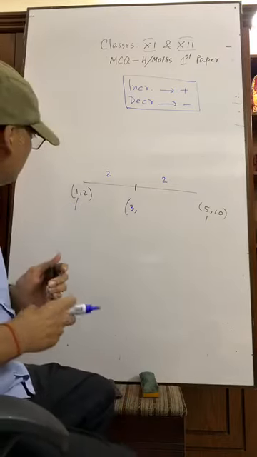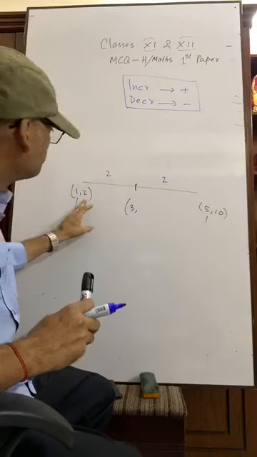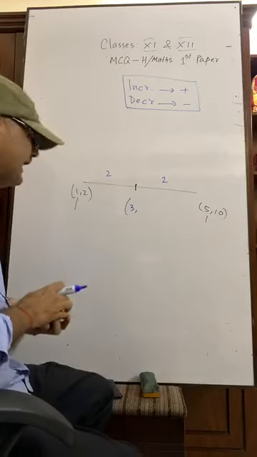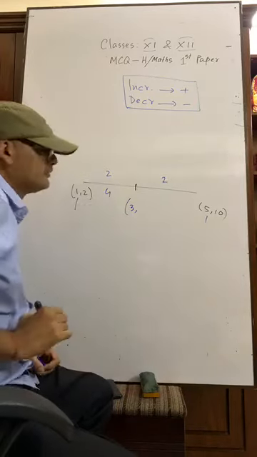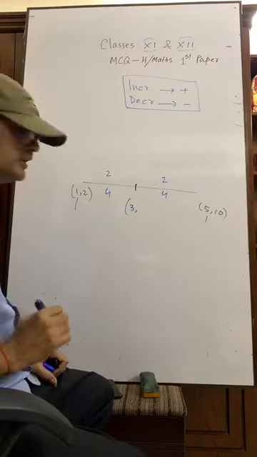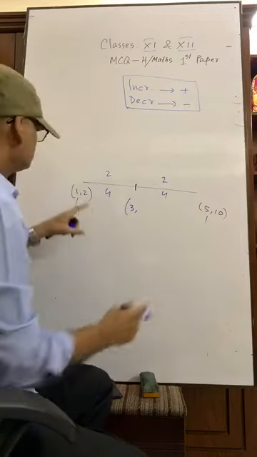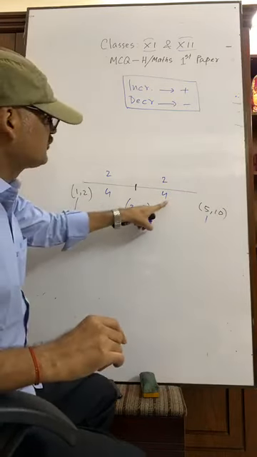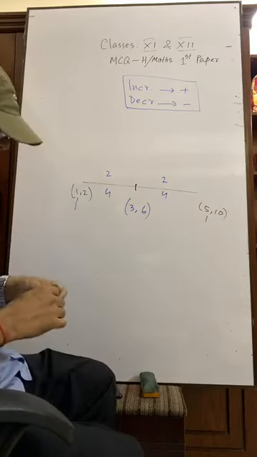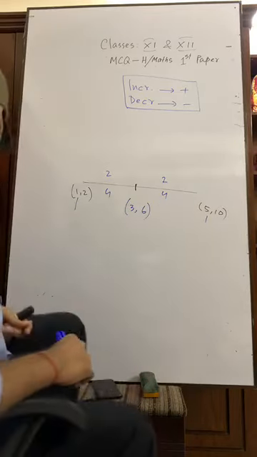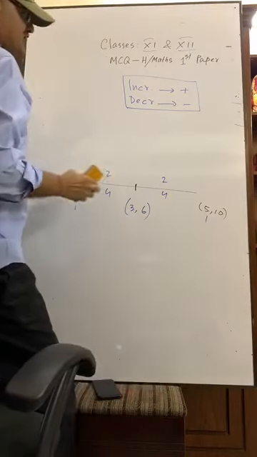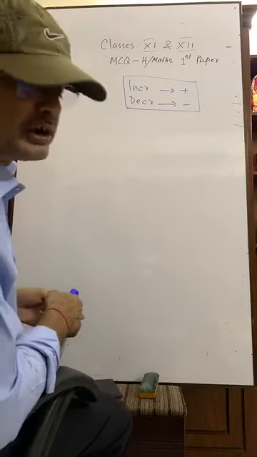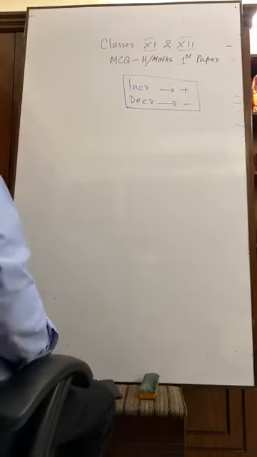Again, the difference between 2 and 10. 2 and 10 difference is 8. That means it is 4, it is also 4. So it is increasing. So 2 plus 4 equals to 6. Again, 6 plus 4 equals to 10. Okay. This was really very easy. But in case of trisection, please see, determining the point of trisection is really very important for your time.